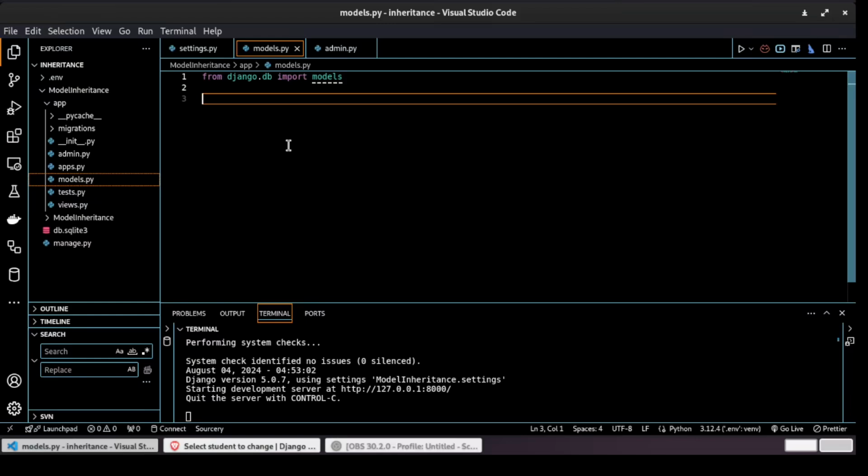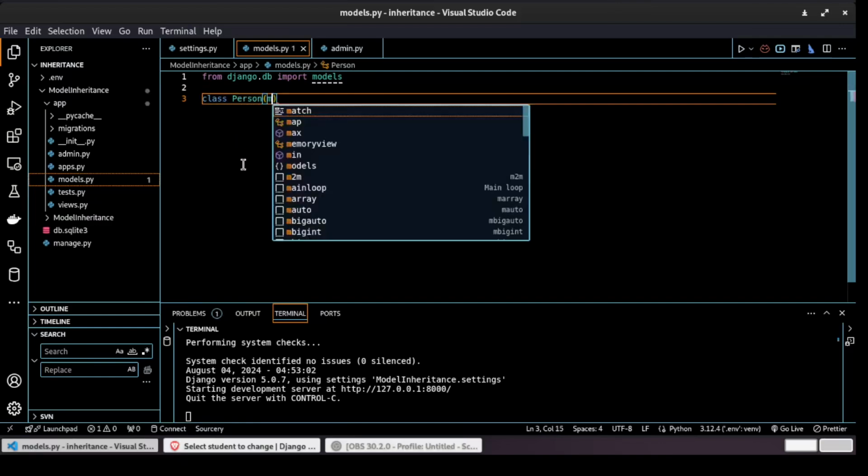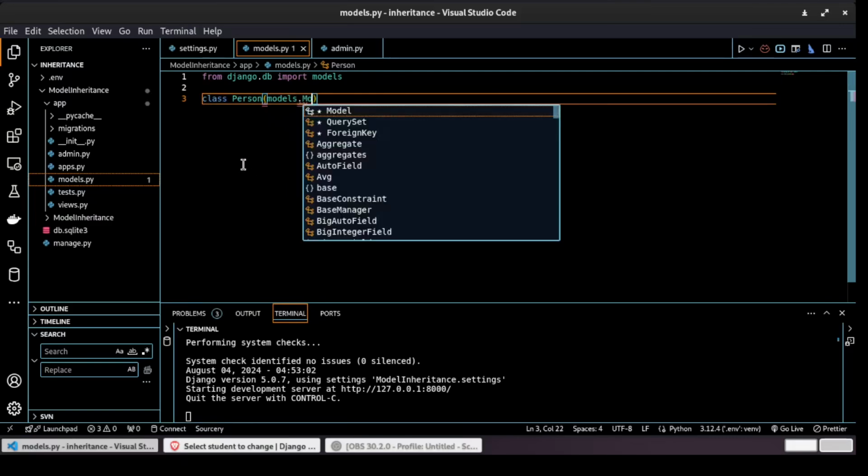This creates a separate database table for each model in the inheritance chain. It is useful when you want to extend an existing model with additional fields. It is very crucial to understand this, that it is useful when you want to extend an existing model with additional fields. So let's do an example for multi-table inheritance. So let's say we have class Person inheriting from models.Model,